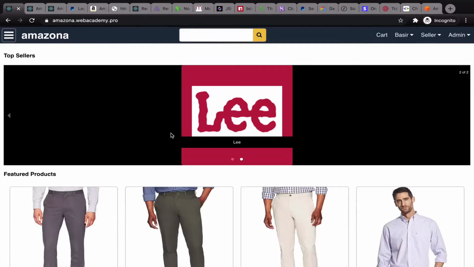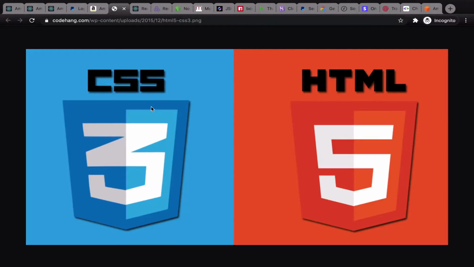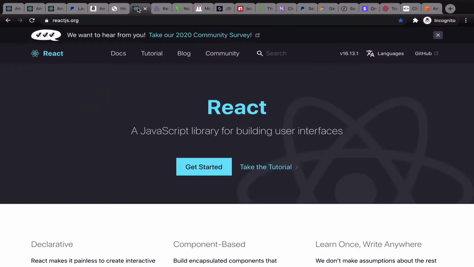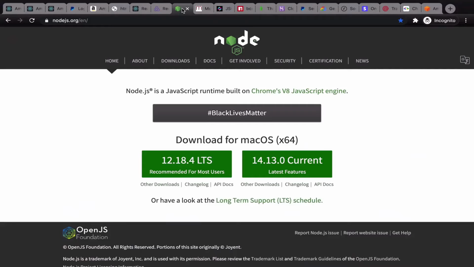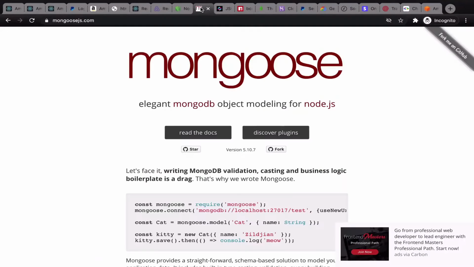By the end of these lessons, you will learn HTML5 and CSS3 including Flexbox and CSS Grid to design the website, React.js to implement a fully functional front-end using Create React App, Redux to manage the state of your whole React application in a predictable manner, Node.js and Express.js to build a scalable backend in a modular way, Mongoose's Object Data Mapper to model data and create relationships between them,